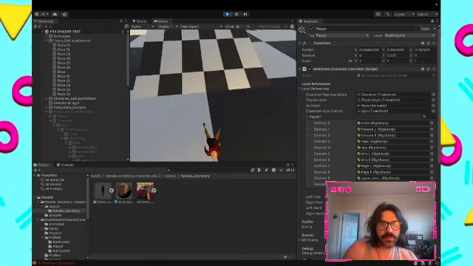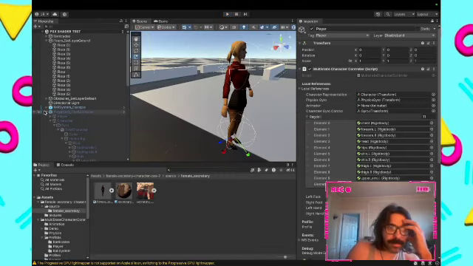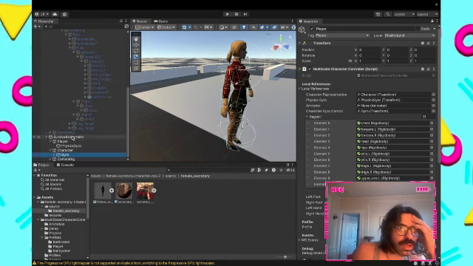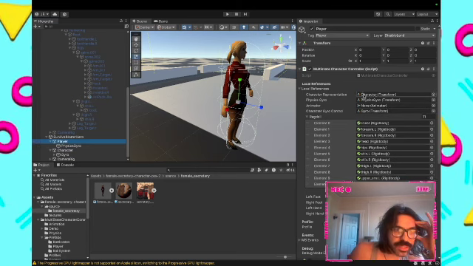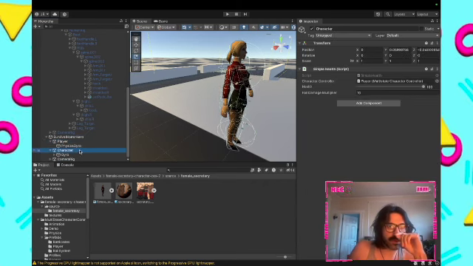Oh, she instantly ragdolled, so that's not right. What are we missing here? Let's see. We got character, gyro, physics, gyro. Oh wait, let's unlock our friend and go through the setup here. Yes, I see. The thing we're missing is that we need to add an animator component to our friend here. So we're gonna go to character,